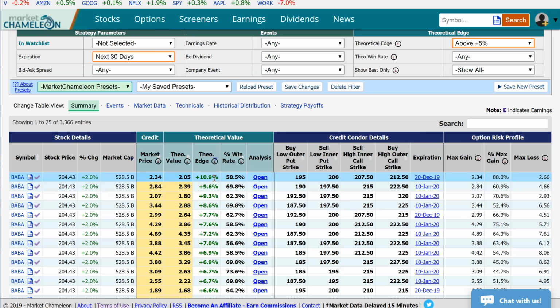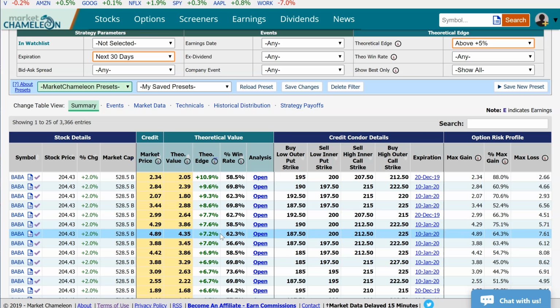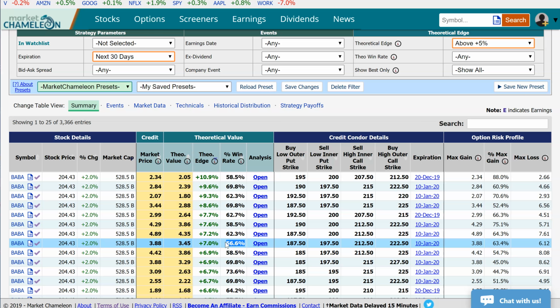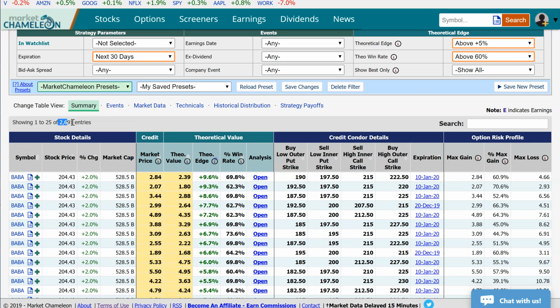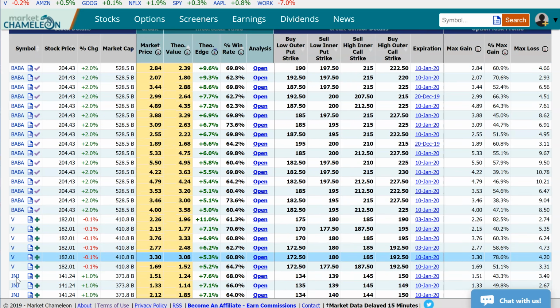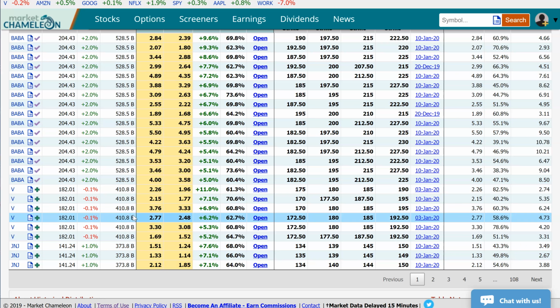So besides the theoretical edge, maybe we also want to put a floor on the win rate, right? You could have positive edge, and if you're okay with a low win rate, that's fine. Or if you're looking for something that had a higher frequency of wins, we can set that here. So I'm going to set that to at least 60%. Now this narrowed it down a little bit more. As we can see, Alibaba pops up a lot, then we get a little Visa, Johnson. So there's a lot going on here just in